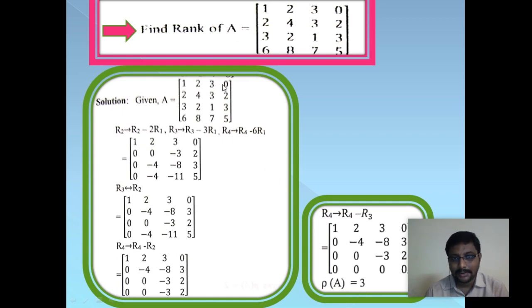Once again, we just have to reduce the given matrix into row echelon form. For this, we apply only row operations. Only row operations are used here. The number of zeros before the non-zero entry should be less than that in the next row, so for this we are interchanging rows here. That is, R3 and R2 are interchanged, and R4 goes to R4 minus R2 and R4 goes to R4 minus R3. Applying these operations, we will have a zero row, that is the last row, and the non-zero rows are 3 here. The rank is 3.